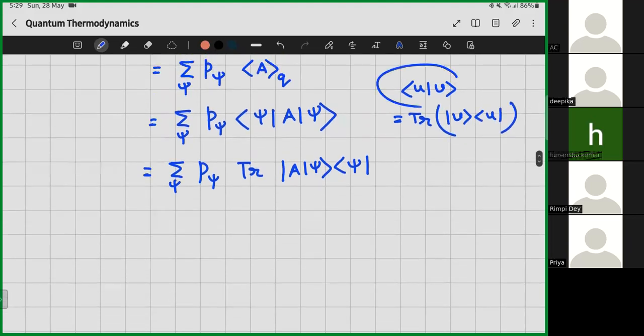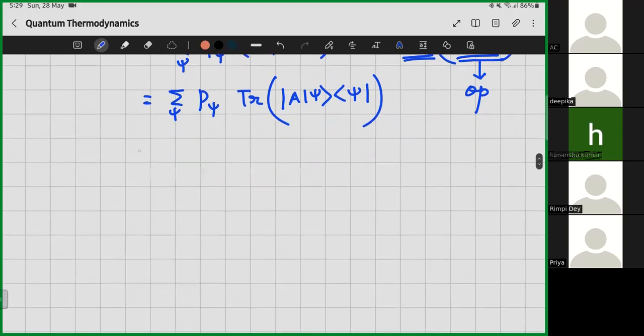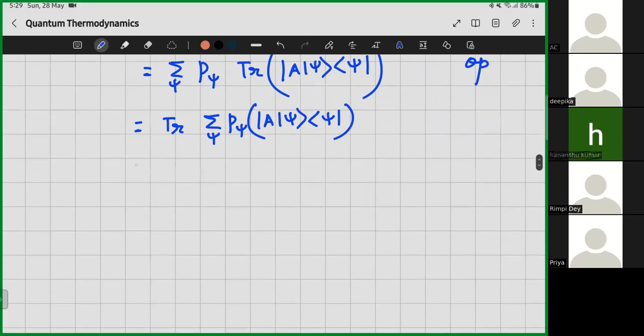This is the inner product, which is just a number, but this is an operator. If we trace that out, then that will be equal. Now it can be written like this, p of psi,